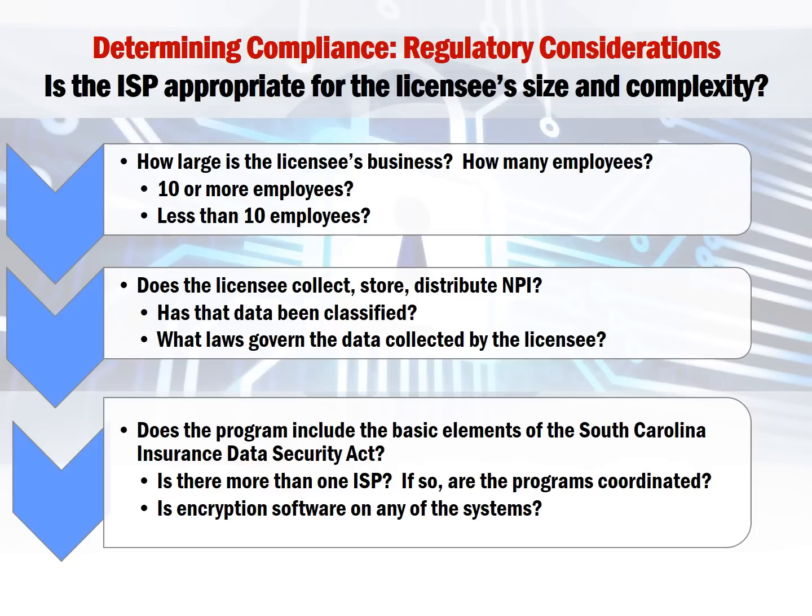If ABC licensee's risk assessment reveals that it must set up an information security program, the department will look to see if the information security program ABC licensee has come up with is appropriate for the size and complexity of its business. The questions shown on this slide are some of the questions we'll ask as a part of our analysis. The answers to some of these questions should be reflected in ABC licensee's risk assessment report. They should correspond to one another. The risk assessment report is the blueprint for the information security program, so they should be related.